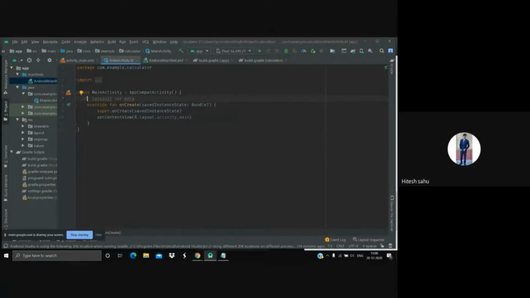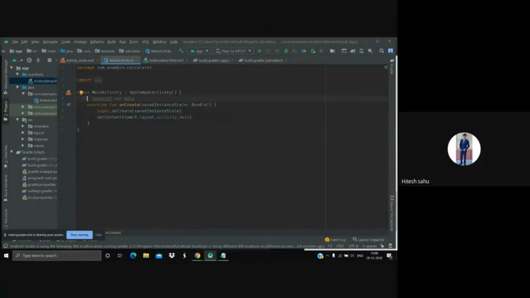You can see the keyword fun there. So it is written override fun onCreate. This onCreate function is already written somewhere, but we have overridden it. Whatever we write here, that code will run. Now you might have one question: in every programming language we have a main function, but here we don't have one, so how will this app run? Let me clear it.